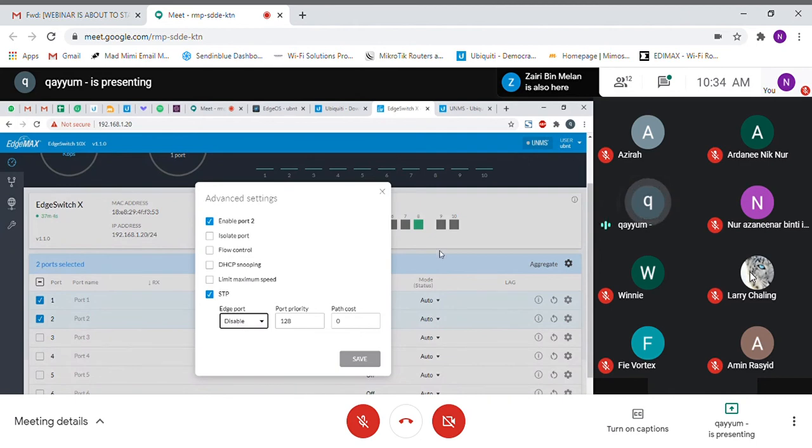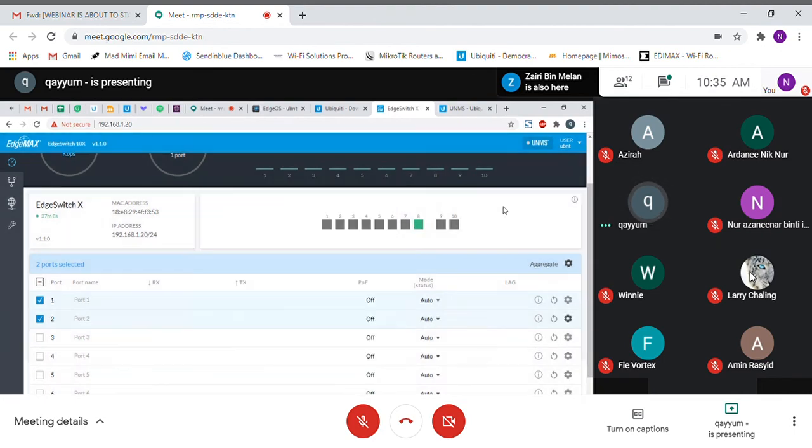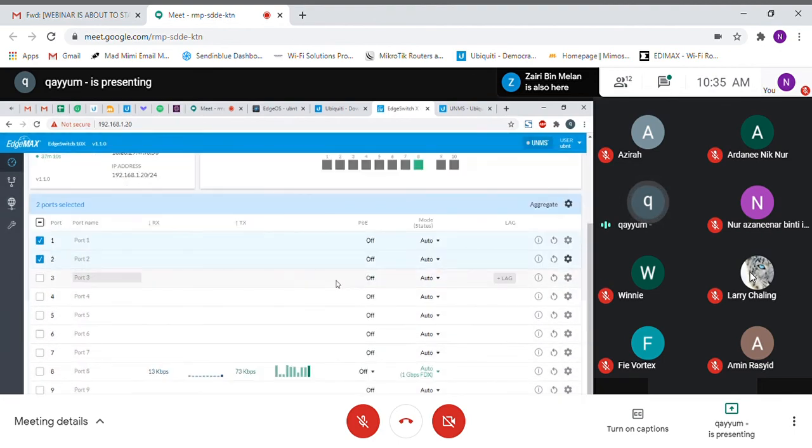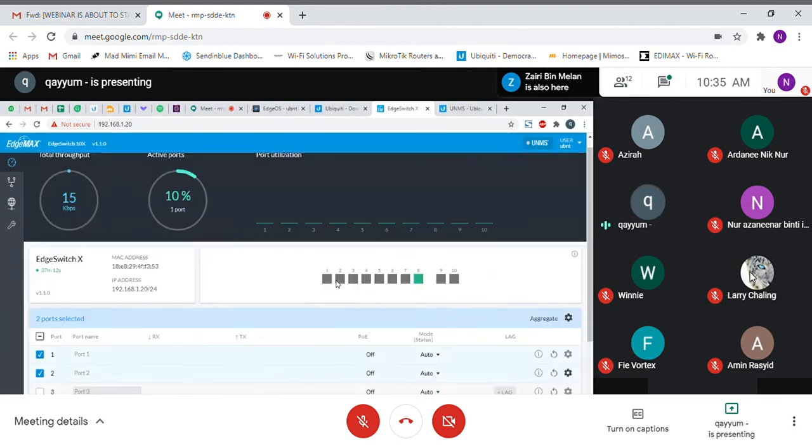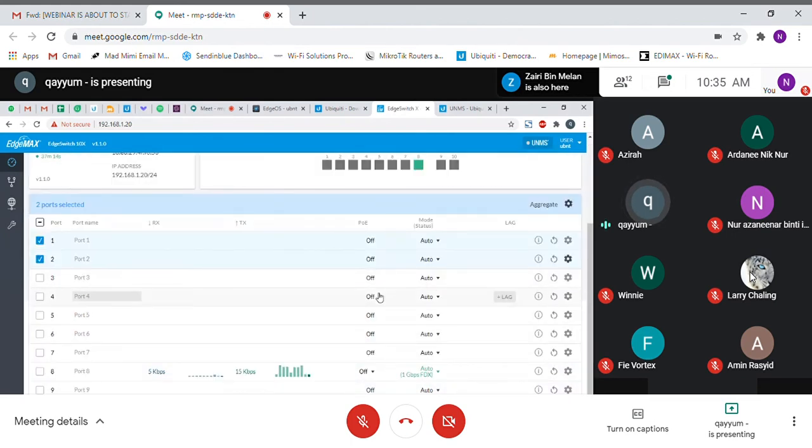Sorry, my model doesn't, I don't think this model has PoE, so I cannot turn on the PoE. If the model has PoE, you can just select the PoE mode. You can change the mode to auto or passive 24.